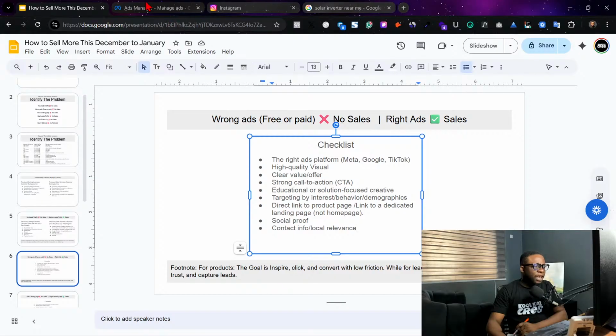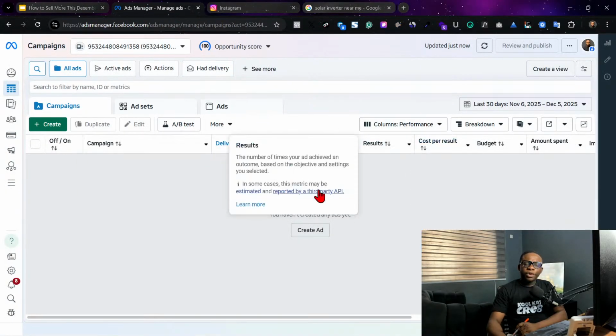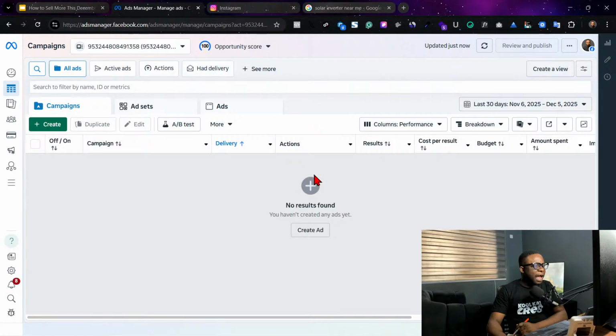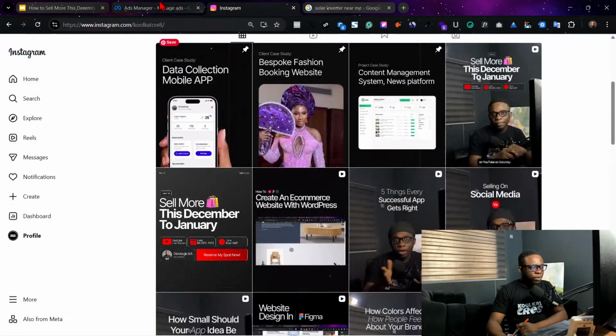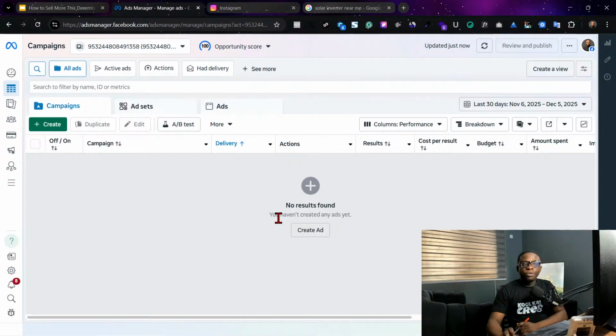So now let's look at ads manager. Most persons, when they are running ads, run ads from their Instagram by boosting. I'm going to tell you, till date, that is the wrong form of running ads. Yes, a lot of persons have gotten results from it. I don't dispute the facts, but especially when you are a service-based business, running ads from your ads manager, you can do more, you can target more and do a lot. Boosting can help you. Boosting just helps you sell on social media, right? Especially those of you that are selling on social media.